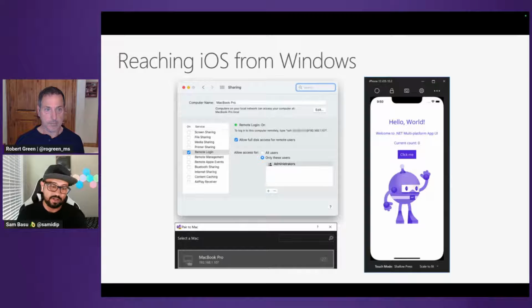And again, if you have an Apple Store account, and if you have an iPad or an iPhone, you can actually sideload your app directly from inside of Visual Studio on Windows. So you don't absolutely have to have a Mac, but if you are building and testing on a variety of devices, it might be beneficial to have a Mac of some type, or actually, pay for it in the cloud.